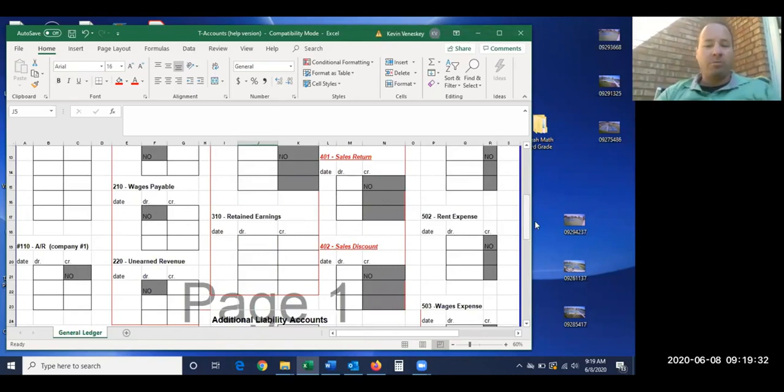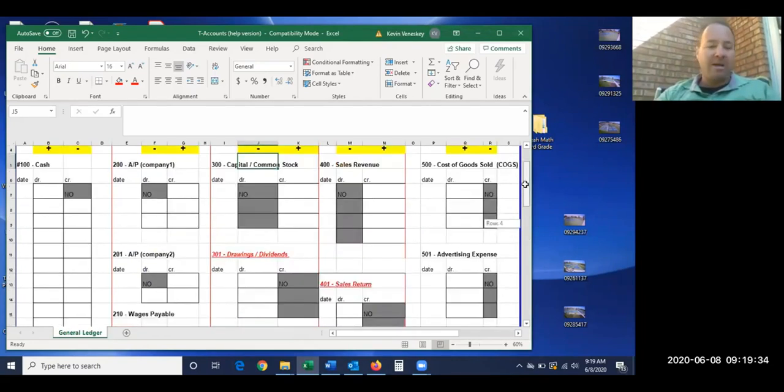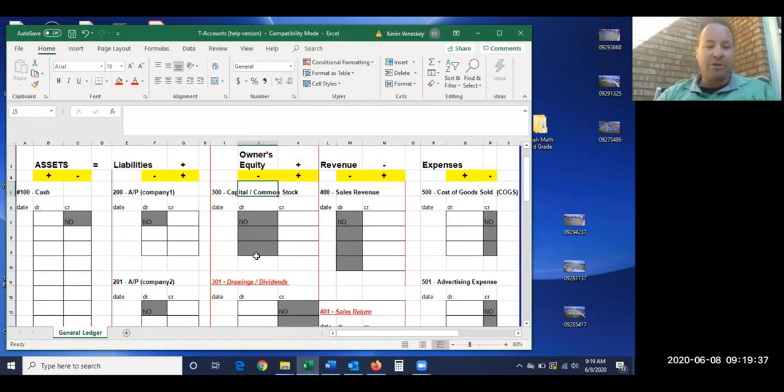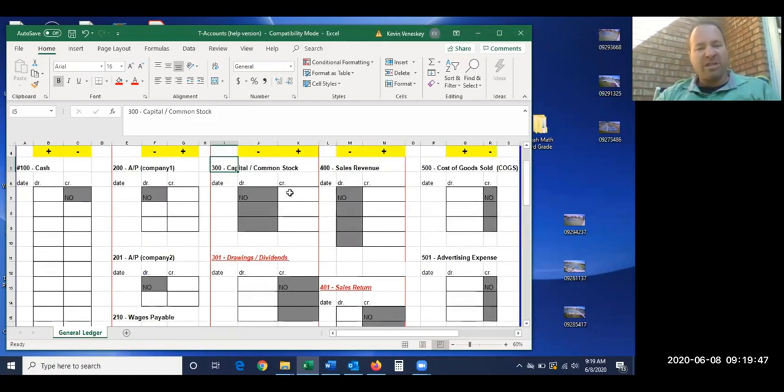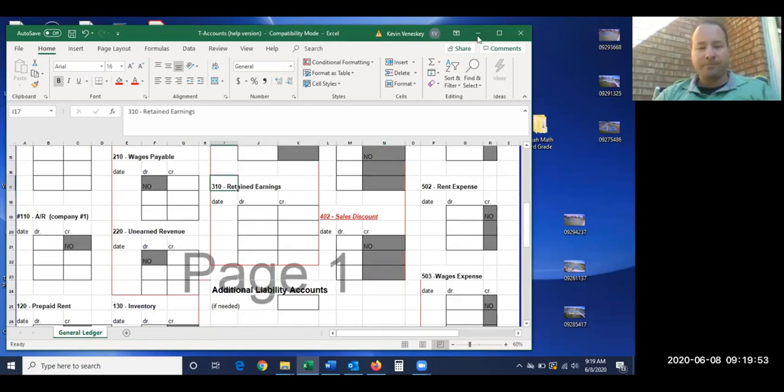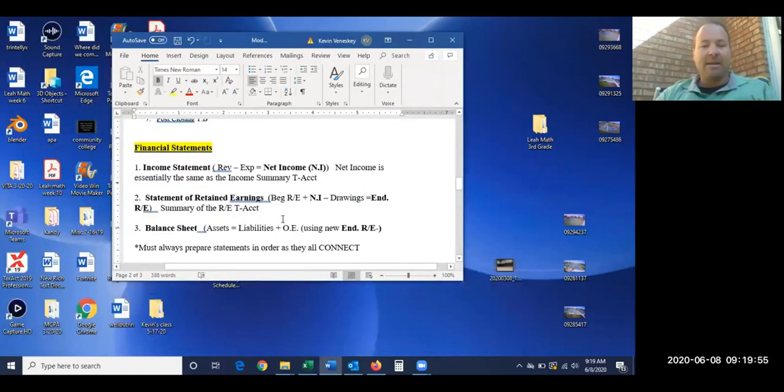Because if you're just your own self-employed person, you may not even mess with retained earnings. You may put everything into your capital account, and that's okay. You can do that. But how we're going to mainly do this class is look at it from the corporation side, and we're going to use the common stock and the dividends and then retained earnings as well. I know that sounds like a lot, but the statement of retained earnings really only has 4